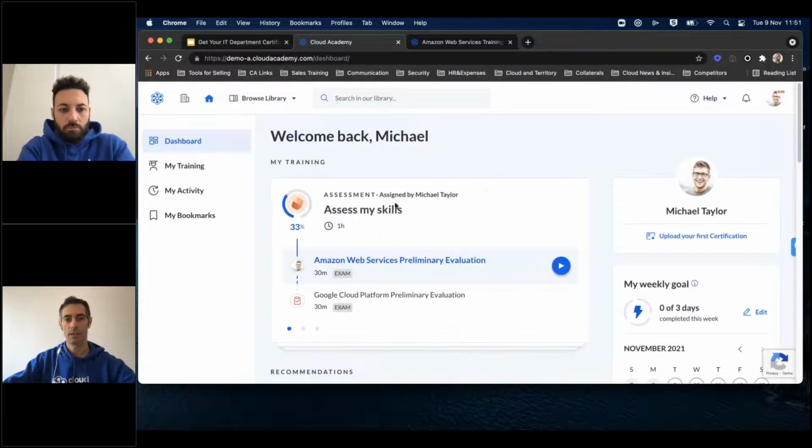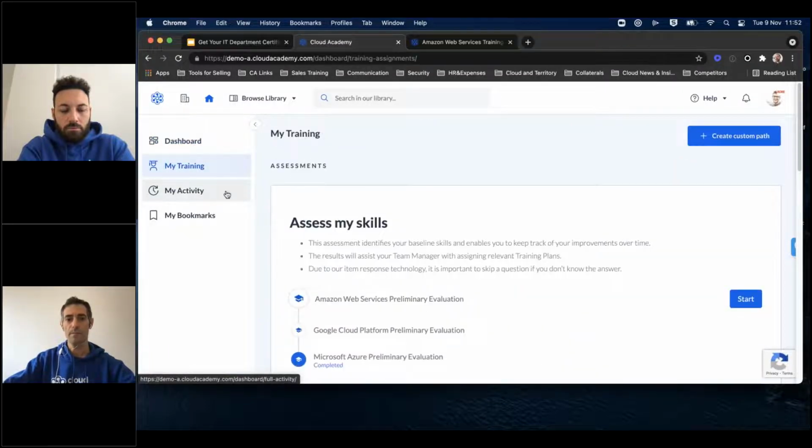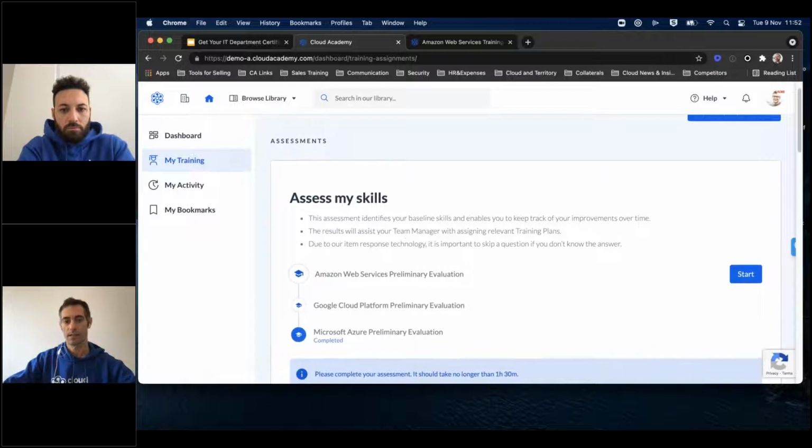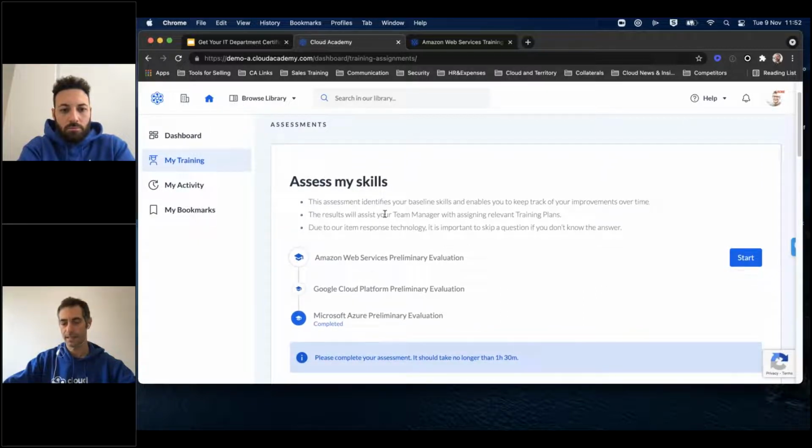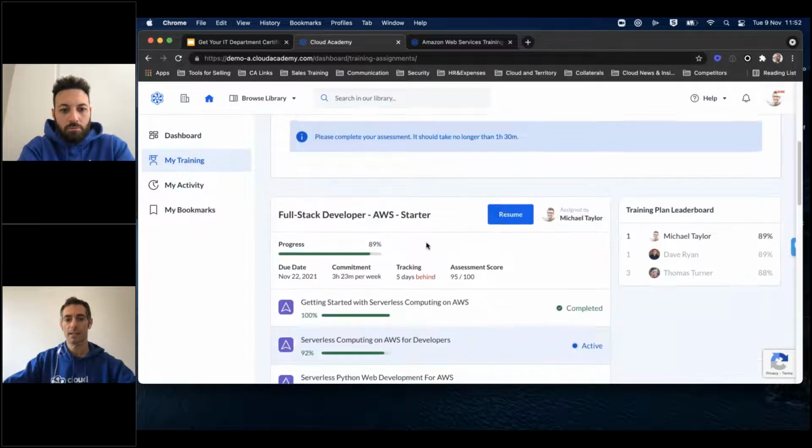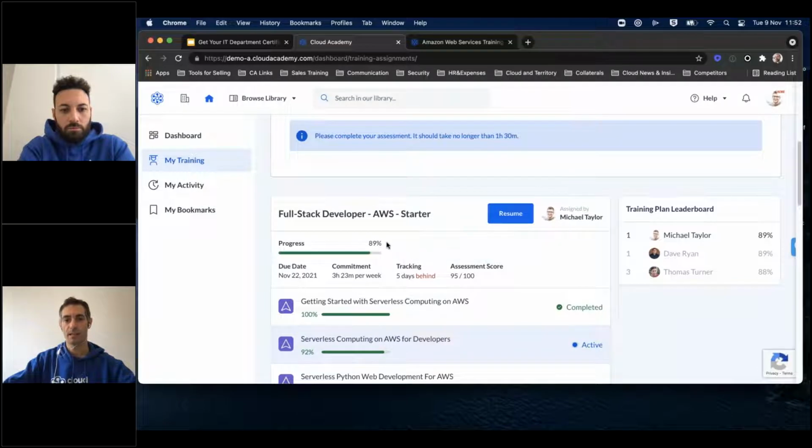Now, going back to the end user profile, from here you can see the activity. Here you see again the assessment part, but you can see the training plans that have also been assigned to Michael. And one important thing is that there is a bit of gamification built inside of the platform.